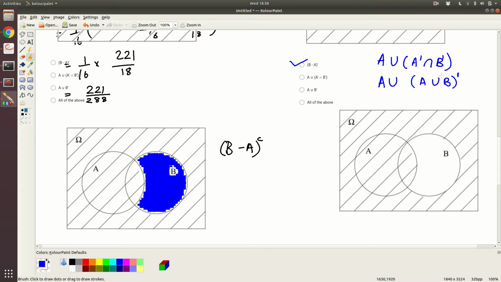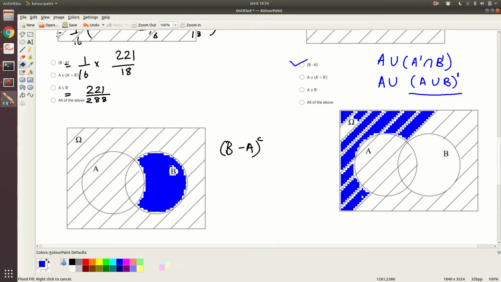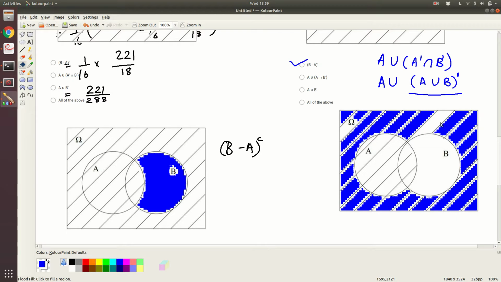Fine. So because this is De Morgan's law, when you take a set like this and complement it, union becomes intersection and individual members become complement. Now this is a figure that we can easily analyze. So let me shade this region first. So this region is A union B complement. So that will be essentially all these chunks over here. A union B complement is all these chunks over here, right? It's everything which is not there in the union. Okay, so this is A union B complement.